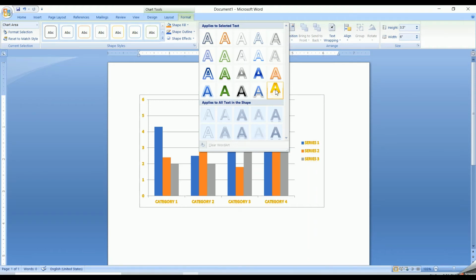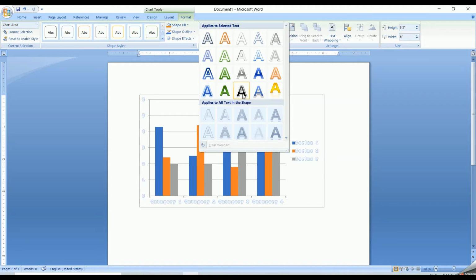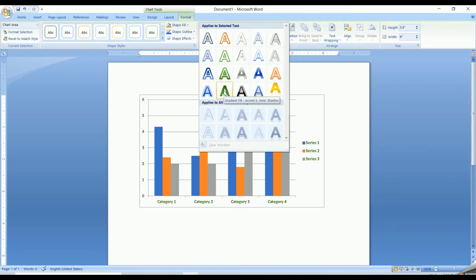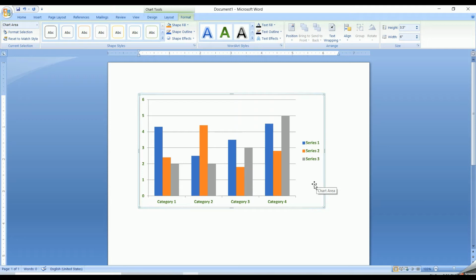See the changes, the entire text has changed to yellow color, blue color, black color, green color, and so on. You can select any one from this to change your text on the chart. So these are the different styles you can apply on your chart. This is one such category of formatting your chart.